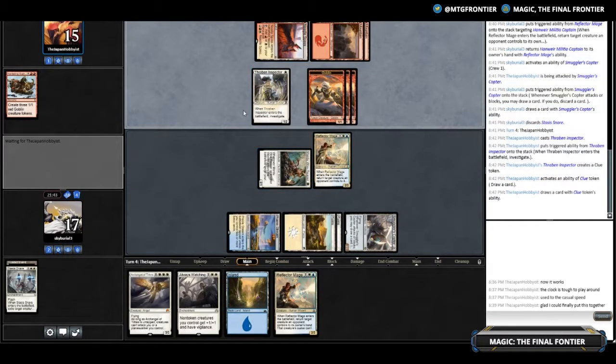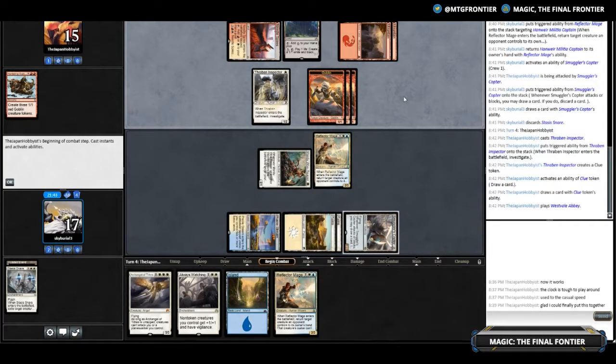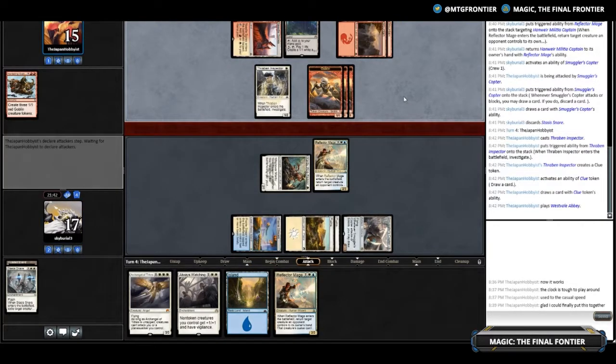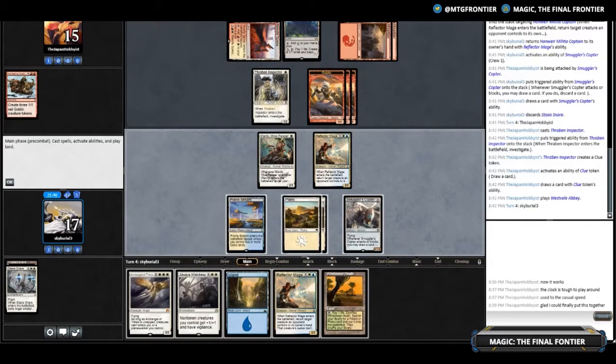Okay. So nothing too huge for my opponent this turn. Cool goblin tokens, though. And a West Vale Abbey. That could become problematic, but they're a little ways away from flipping it. Okay. So I think that what I'll do...